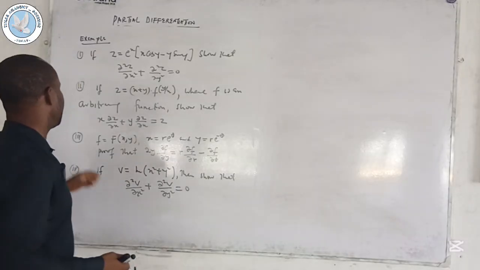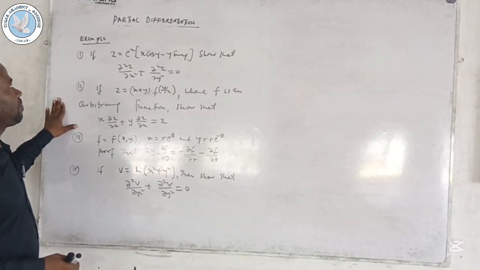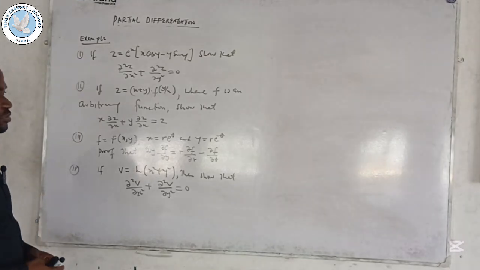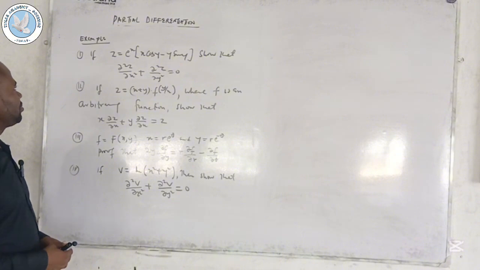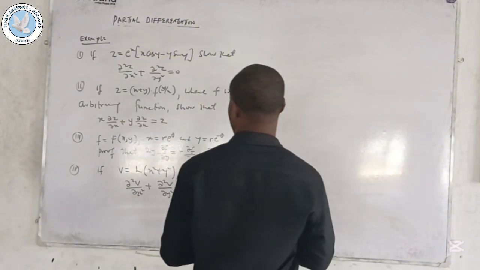Timas TV. Today we are looking at examples on partial differentiation. We have 4 examples to deal with, and we are going to start with number 1. Number 1 says that